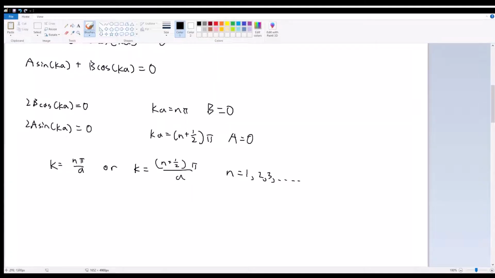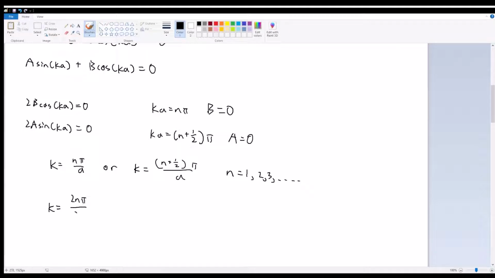So to represent this, we actually want to have a 2a at the bottom instead of just a. Because if we just have a at the bottom, then our solution looks like the infinite square well case in 2.2, where the width of the well was only a. So I can technically multiply both sides by 2 over 2, and I get that k is equal to 2n